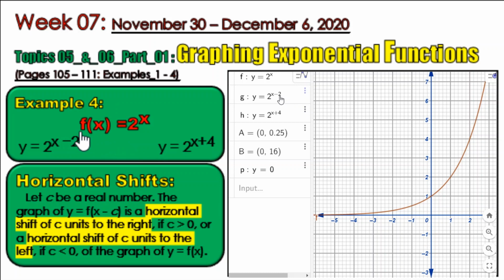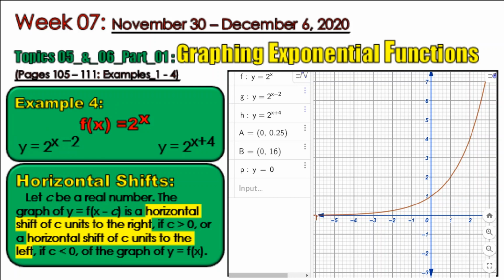We have c positive 2, so we will be shifting our graph 2 units to the right. It means that from 1, we move 1, 2, so your graph will be passing through the point (2, 1). The graph shifted 2 units to the right because our c is positive 2. Okay, next,